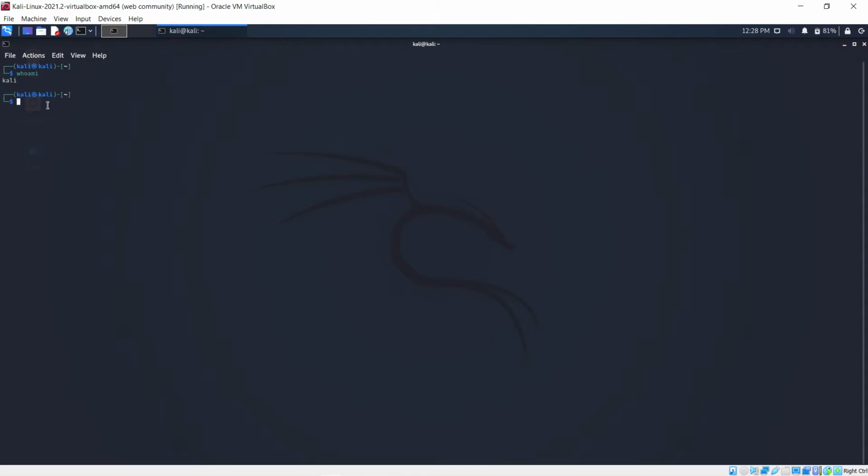To log in as root, you have to type the command sudo apt update. Then you have to type the password. In this case, my password is Kali. Then hit enter. It may take some time. Let's wait for it. I'm going to skip forward for a while because it may take a long time, as you can see.